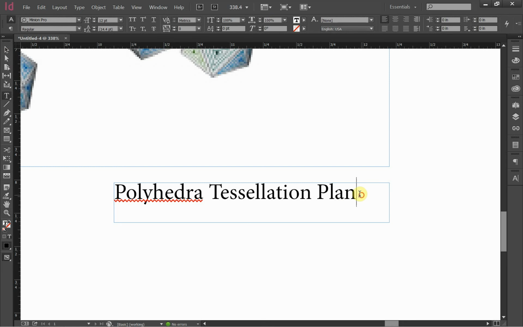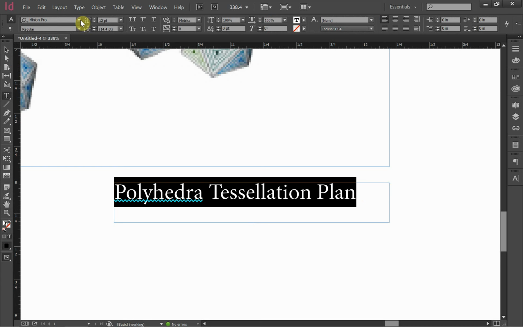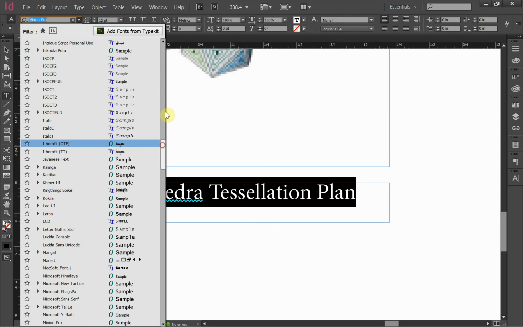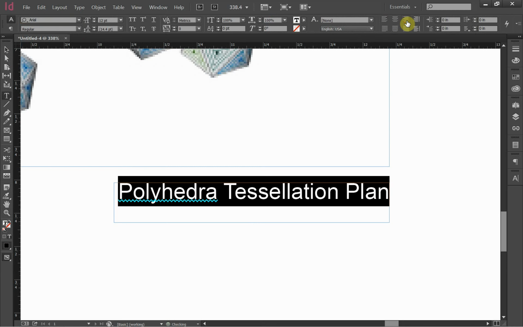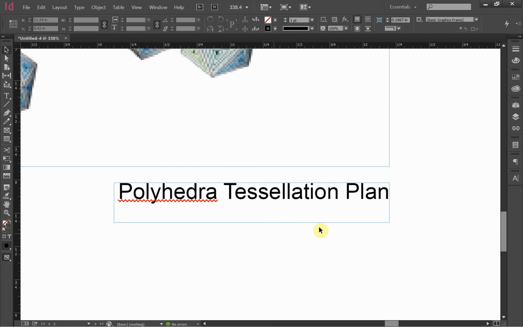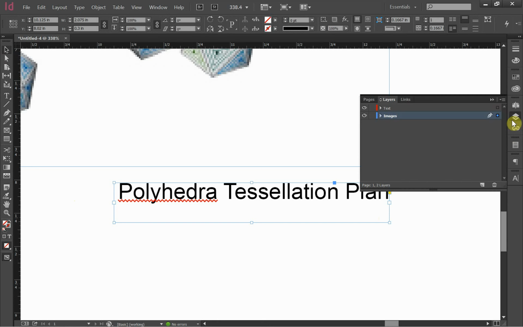Okay, so I'm going to change the font of this. This is going to become Arial. And I'm going to right justify this. I can also do this from up here. Align right. Okay, fantastic. Now to switch the layer, I can select it and I can go to my layers and I